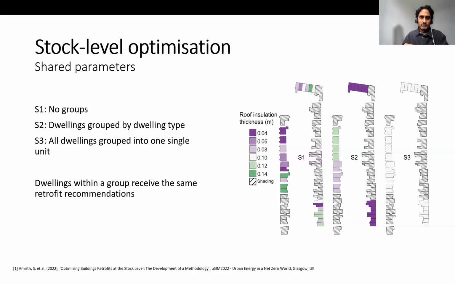Now, you may choose to group differently. In this case, you might not group all heritage buildings in the way I've talked about for shared parameters, because this will obviously give all of those buildings the same retrofit. But if you're just doing a stock level modeling task or a stock level optimization, and you have the adequate data to capture the actual distinct characteristics of each of these buildings in the stock, then the results will most definitely take into account these individual characteristics. So I think the stock level approach is suitable for that kind of thing too.